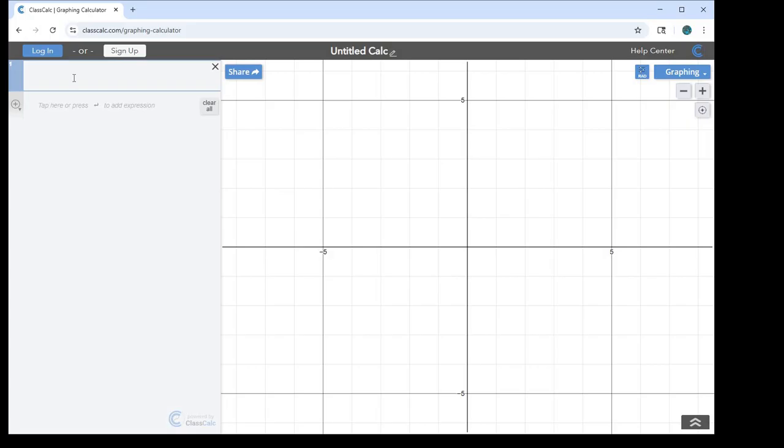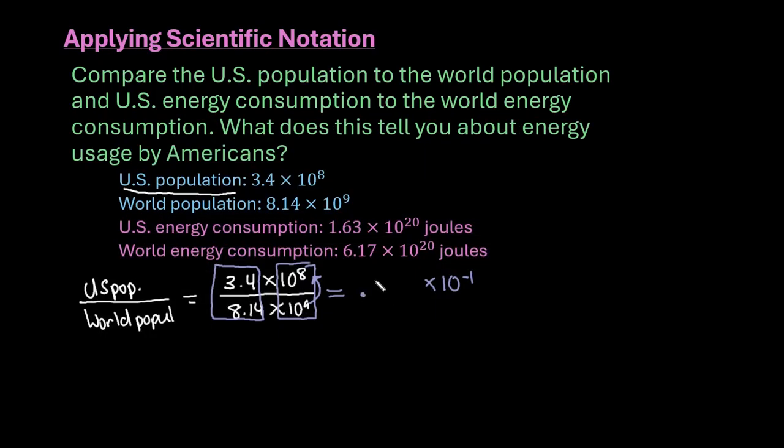All you have to do is type in the 3.4 divided by 8.14, and we can see that it's approximately 0.418, and I'm going to just round to 3 decimal places, so 0.418. The 7 would go up since the 6 is behind it. Since this is times 10 to the negative 1, we would move it over 1 decimal place to the left. So this is really